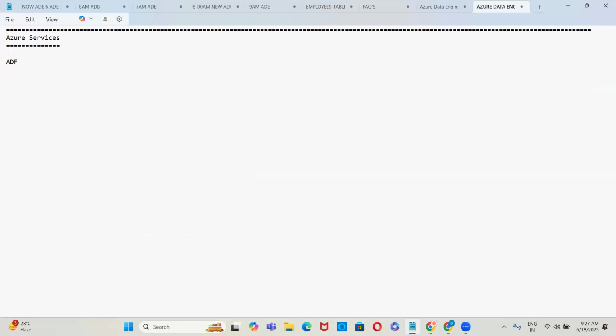The first one we can say is ADF, that is called the Azure Data Factory. And then you have the ADB, which stands for Azure Databricks. Then we have Synapse, guys. Then we have the service called AI, that is artificial intelligence.